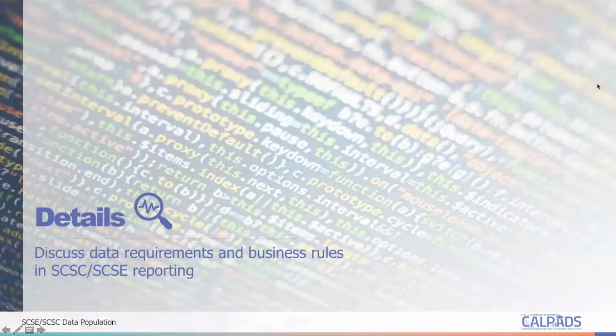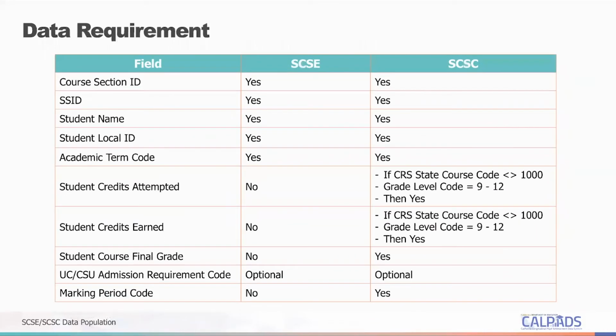Now let's look at what is required for the submission of student course section records. This slide lists the different attributes of the course section enrollment and completion records. Please pause and take a moment to review the data requirements for each file type. You can find more details on the requirements and the definition of each data element in the CalPAS file specification document. Please notice that not all the fields for the file layouts are shown on this screen, only the key